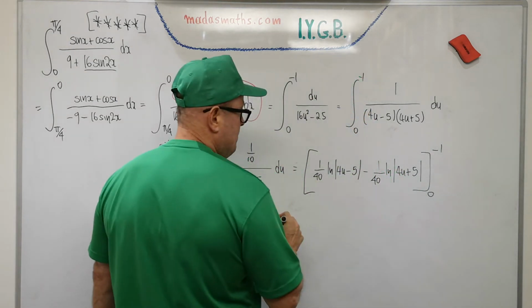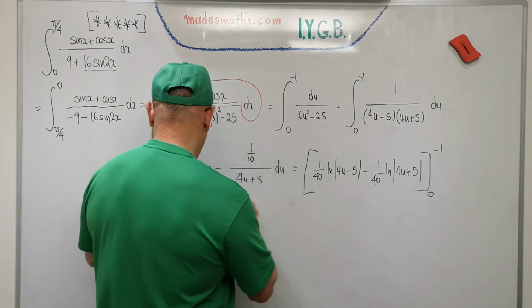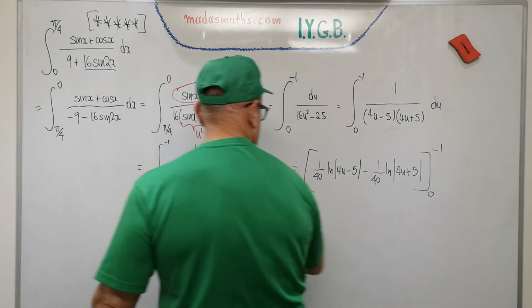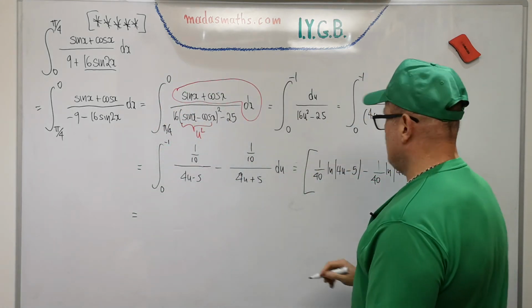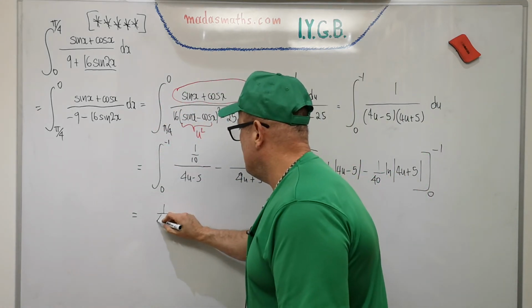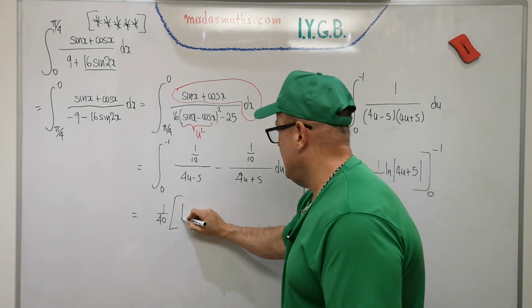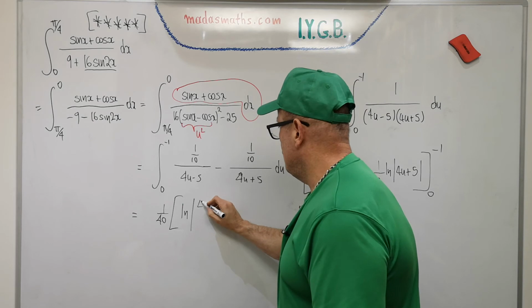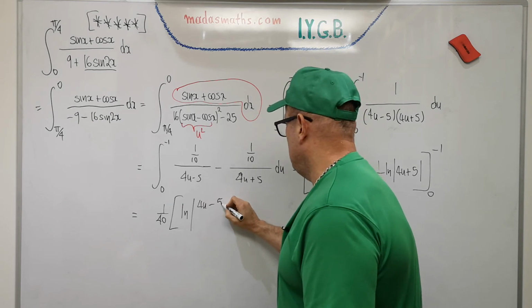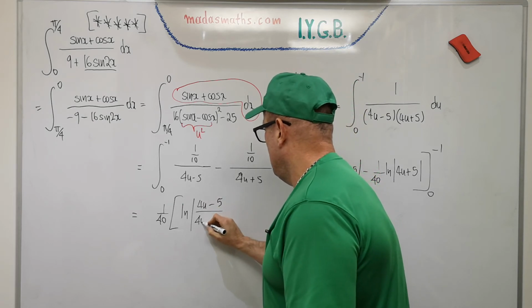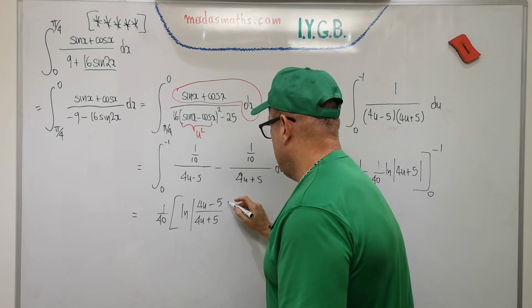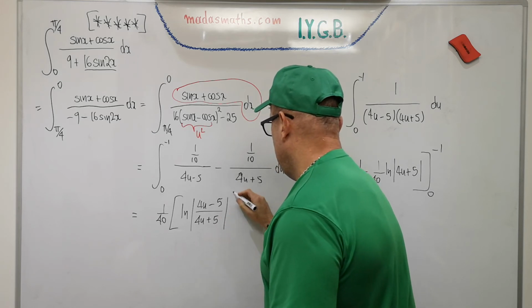Probably better to go all the way to the end. I'm going to compact the logs, write 1/40th, and move it outside the evaluation limits, and inside the log I'm going to have mod 4u minus 5 over 4u plus 5, and I have the